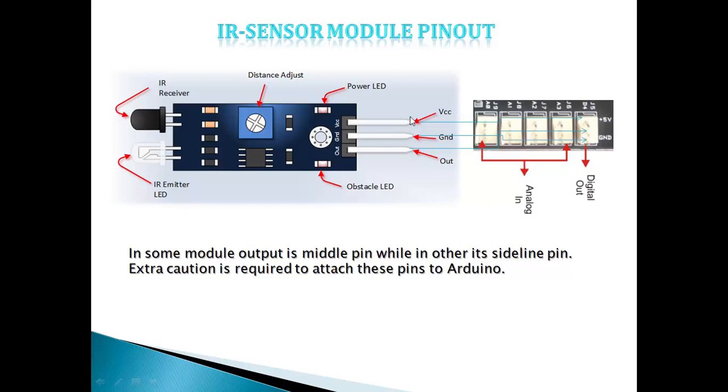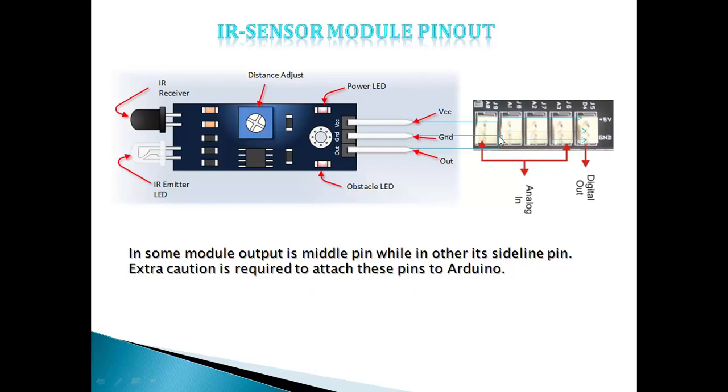When you are going to connect your IR sensor to the analog input ports, you must be very sure that the VCC pin of your IR sensor is connected to the VCC port of the analog input ports. Similarly, the ground is connected to the ground port, and the output is connected to the output port of your analog inputs. One thing is very important to note: in some modules the output is the middle pin, while in others it is a side pin. So it is essential for you to understand the pin configuration of your IR sensors and the